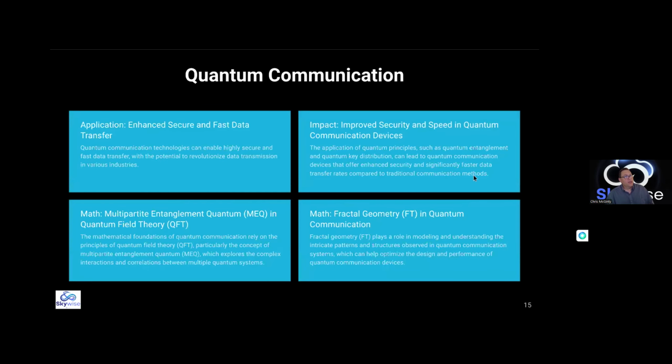So with this quantum communication, fractal geometry comes into play for the different patterns. Really fascinating stuff is coming out on 6G antennas, and we're not stopping. I mean, we're working on the 6G stuff. I shouldn't say it's done, but a lot of the design is done. But we've already moved on.